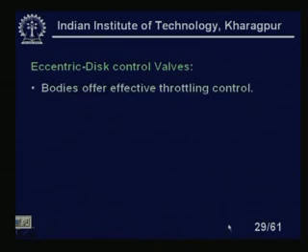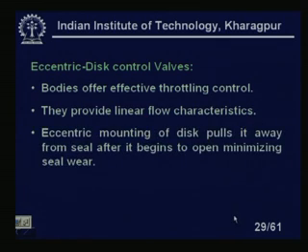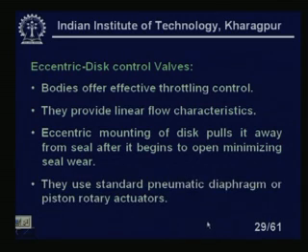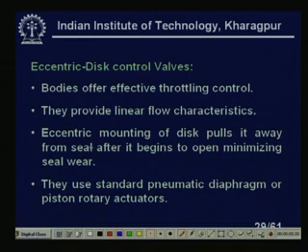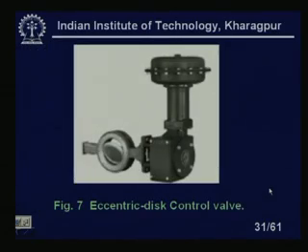Eccentric disc control valve bodies offer effective throttling control, they provide linear flow characteristics, okay. An eccentric mounting of the disc pulls it away from the seal after it begins to open, minimizing the seal wear. So, that is a great advantage, because the seal always wears. They use standard pneumatic diaphragm or piston rotary actuators. I think this will be seat wear. They are intended for general service applications not requiring precision throttling control. Okay. Precision throttling control is not possible, it does not matter. So, this is our eccentric disc control valve. You see here,